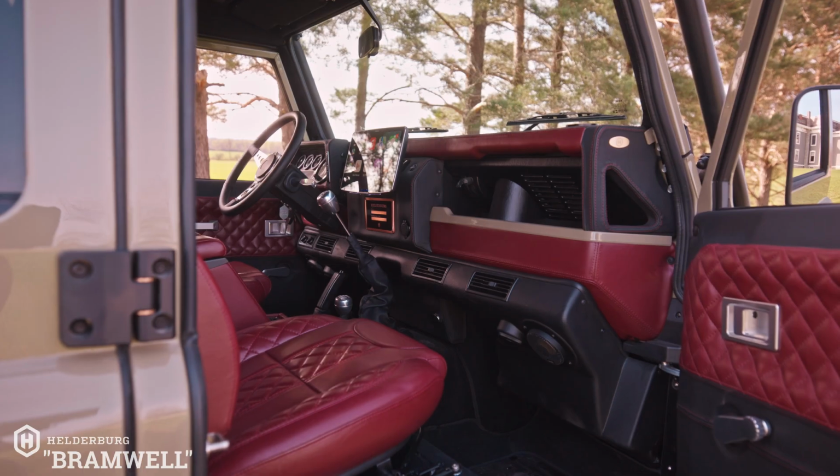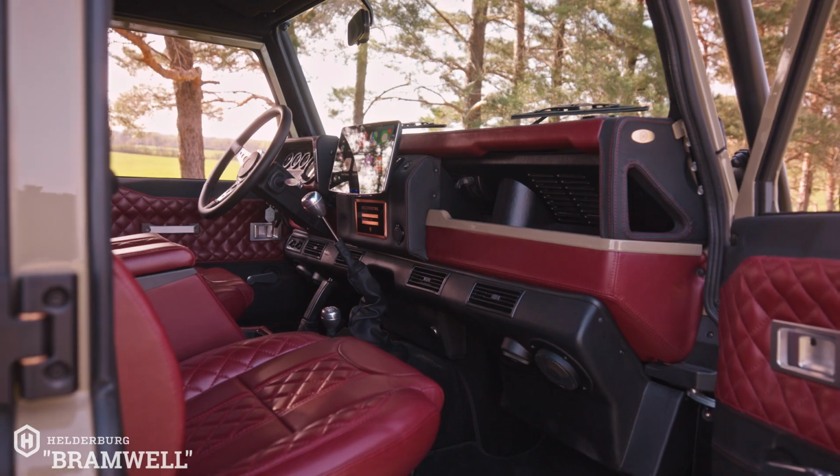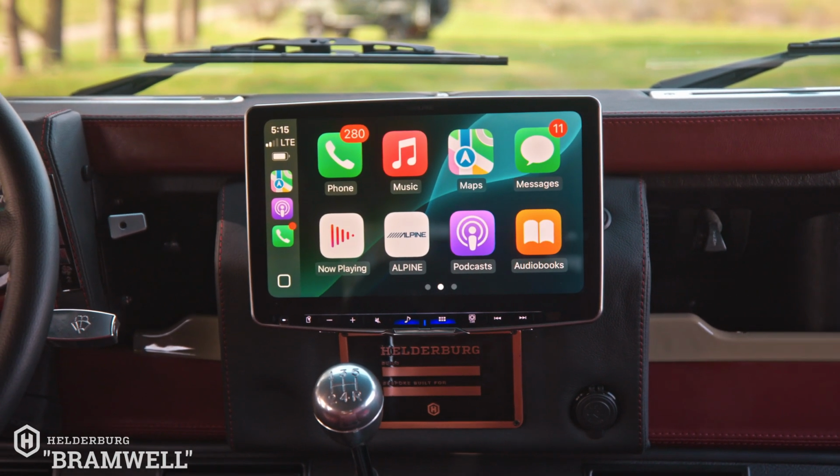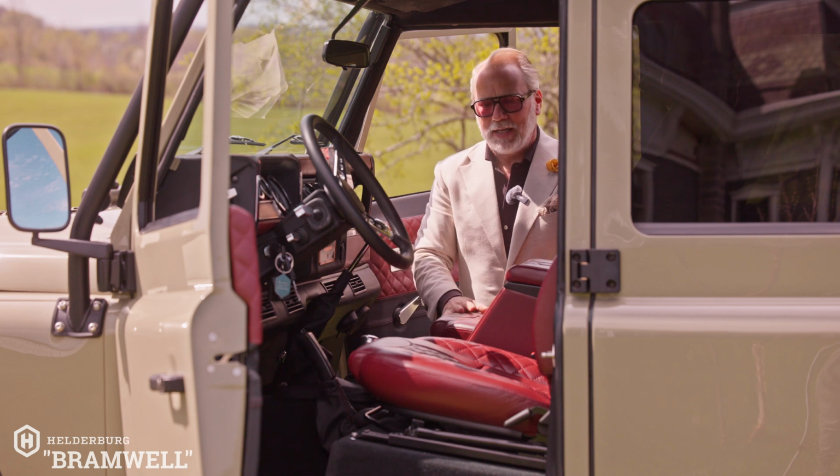And then the touchscreen probably looks a little big in the video, but it just matches perfectly. It's the right size, a nice large size. It also gives you some information about the vehicle. And then just